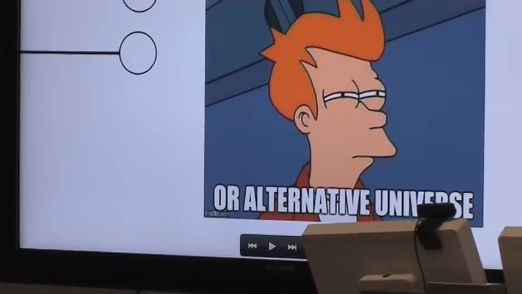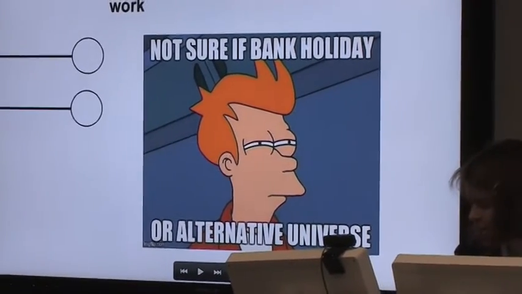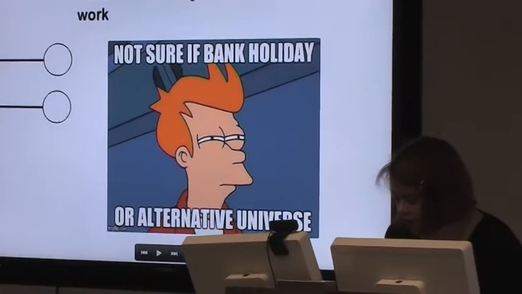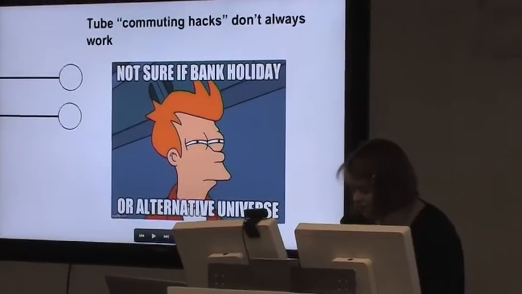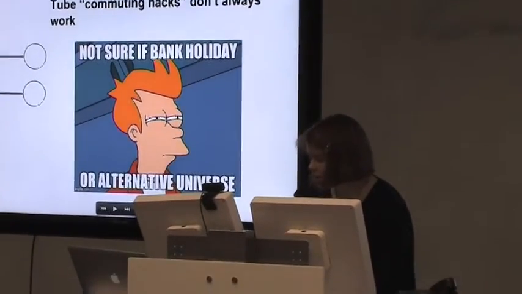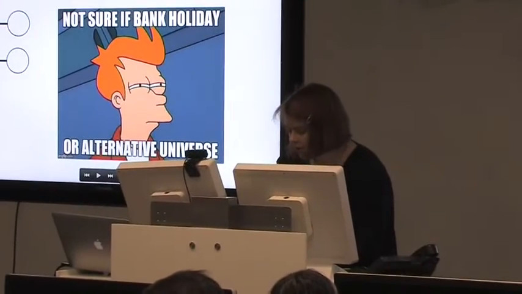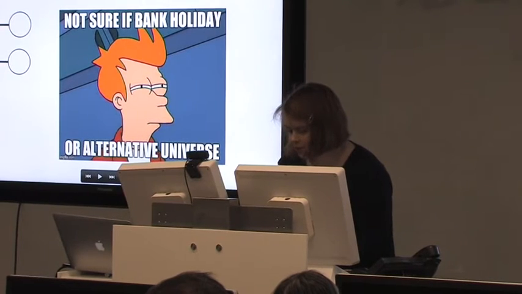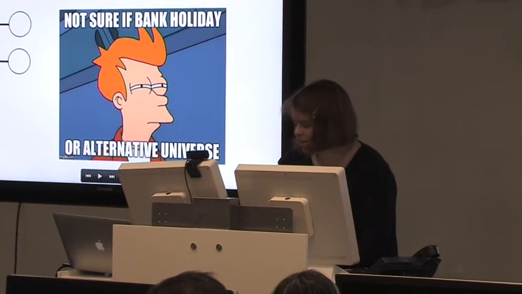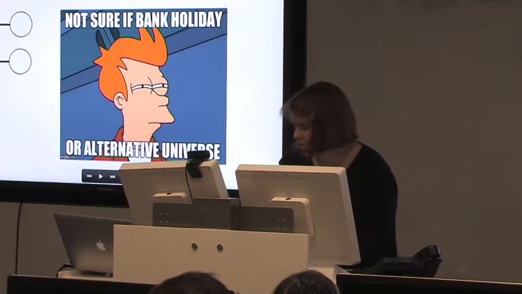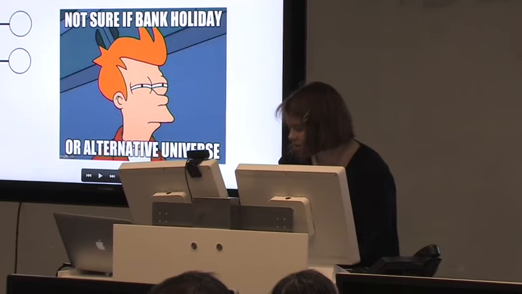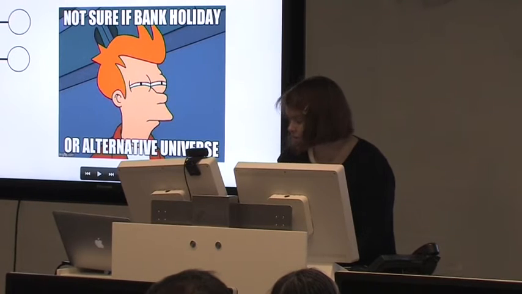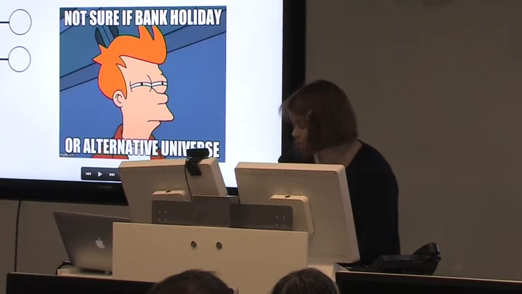So these rules were fairly successful at getting me to work on time, but I realized that sometimes they didn't work because the flow of commuters on the London Underground can behave quite erratically depending on what's going on. Some days I would come to Edgware Road a bit late, at 8, and I was expecting to see this huge crowd, but then there is no one, and I'm standing there thinking, okay, is this a bank holiday? Am I actually supposed to be still in bed? Or did the ticket barrier accidentally teleport me to an alternative universe? Then on some other days, I come to Edgware Road at 7:30 and there's a ton of people and I'm like, okay, what is going on?